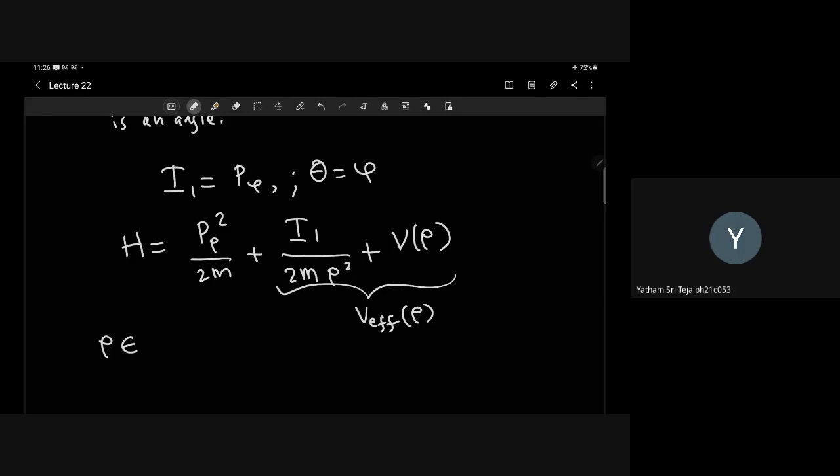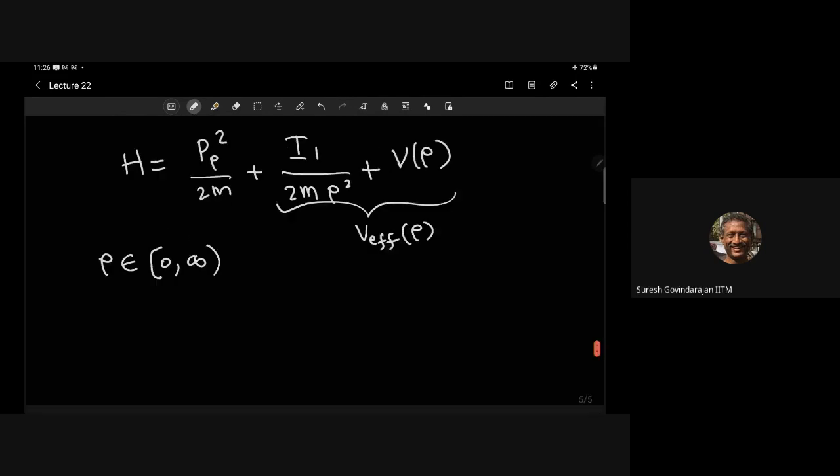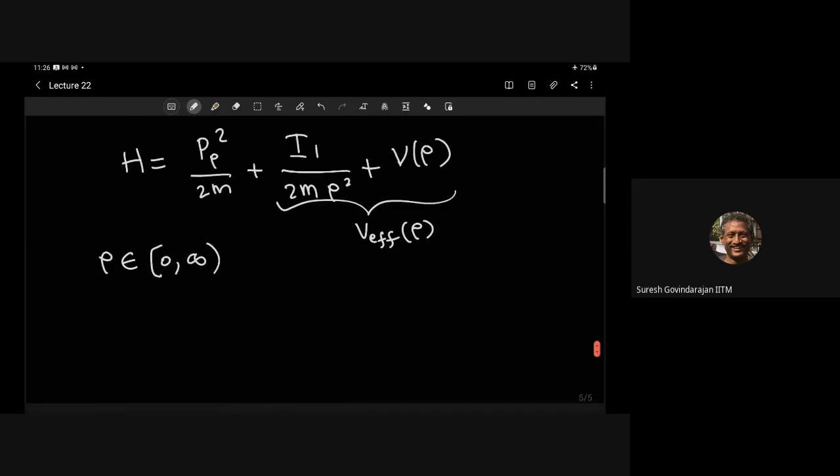Can it take negative values? 0 to infinity. 0 to infinity. Okay, thank you. Okay, so we have to remember this. And so then, so I2